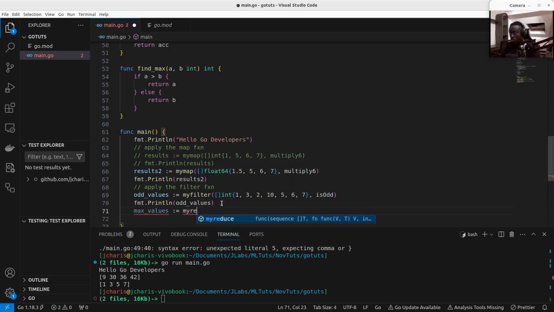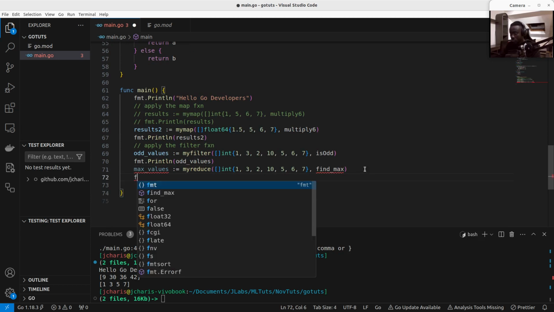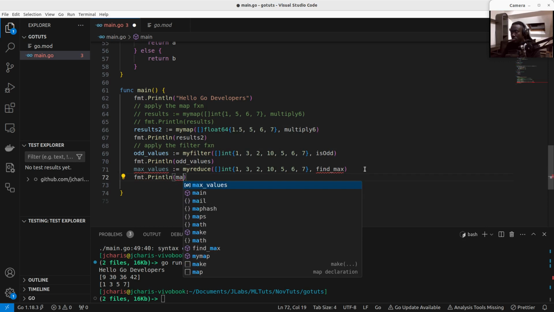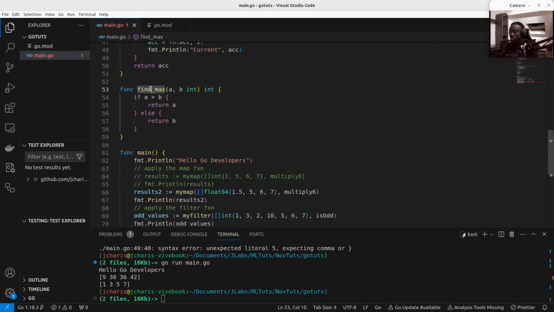So my reduce takes in a sequence and then a function. Let's pass in this particular sequence which I'll be using, and we can now pass in my find max, right? And then we need fmt.Println. Let's print it out. So let's put as max values. Let's save it, and now, this find max is the function from here,